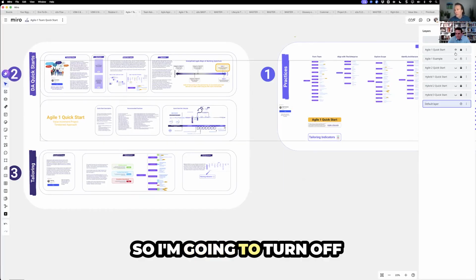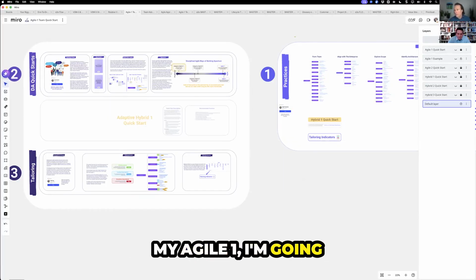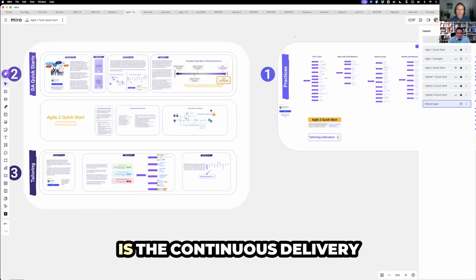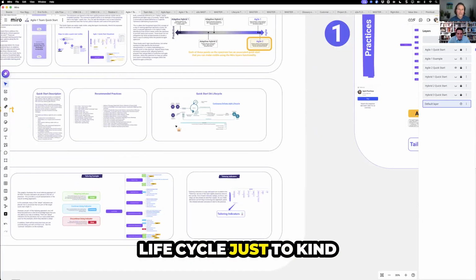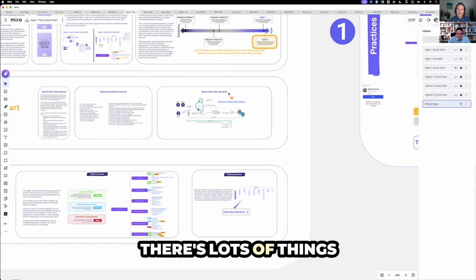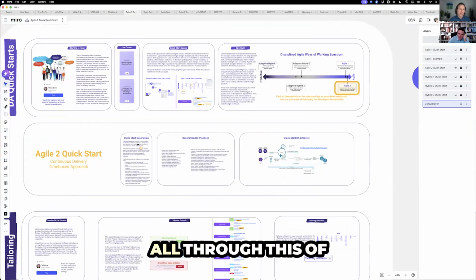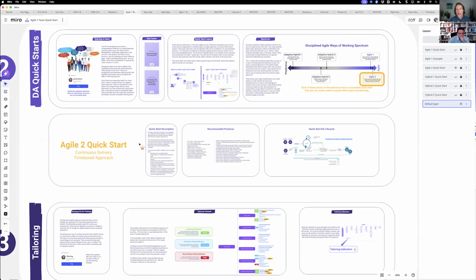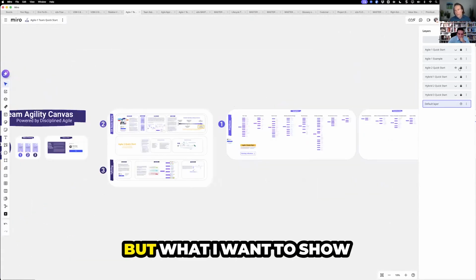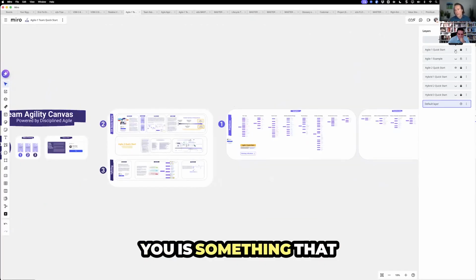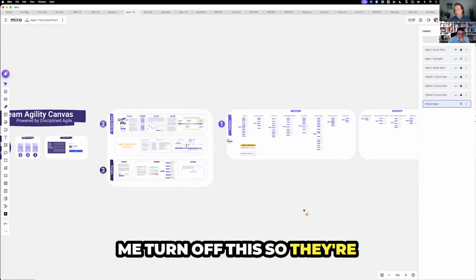So I'm going to turn off my Agile 1. I'm going to go to Agile 2 for just a moment, because this is the continuous delivery life cycle. There are lots of things that I've got layered that you can turn on and turn off. It cuts down on visual clutter. Again, there are videos and quick starts and all of this all through this of how to make it work. But what I want to show you is something that goes beyond, and let me turn off this so they're not all over the